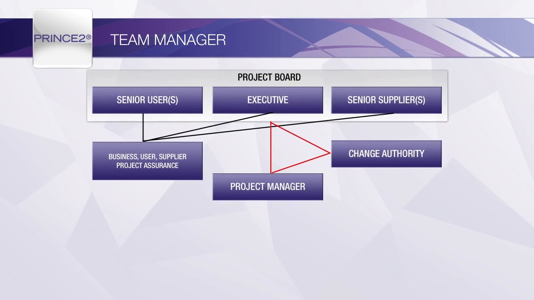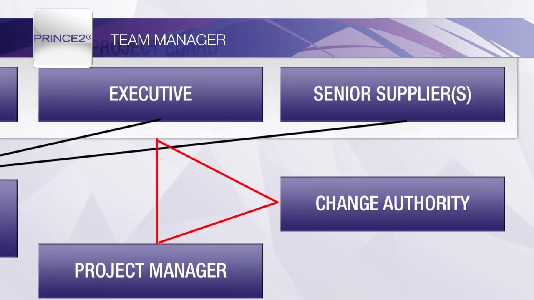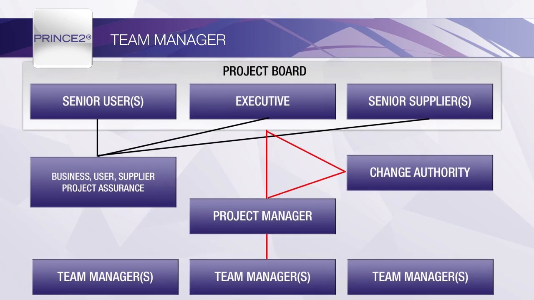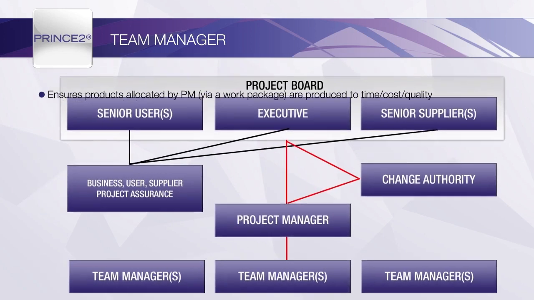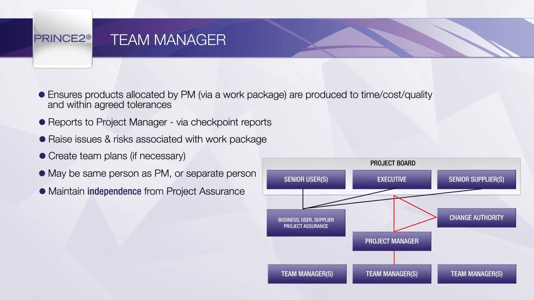Typically, a supplier team manager will manage a specialist technical stage of the project and will often be a supplier's project manager, responsible for the detailed technical planning and management of a particular part of the project's specialist activities. There may also be other team managers, for example, a contracts manager or a training specialist from the customer's organization. The team manager will be responsible for the work performed in the managing product delivery process, where most of the cost, time and effort of the project will be spent. A description of the team manager's role and responsibilities must be prepared and preferably signed off by the individual appointed.